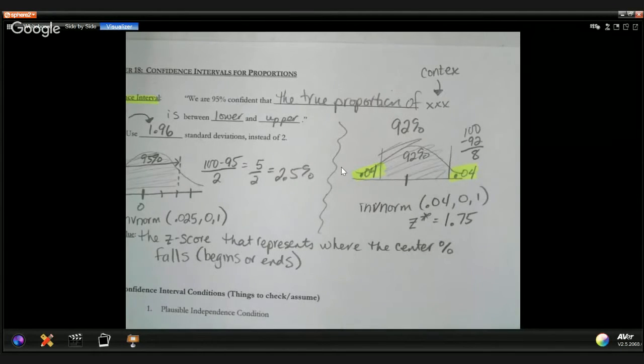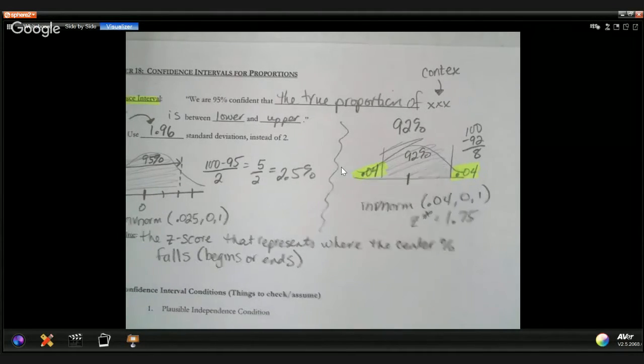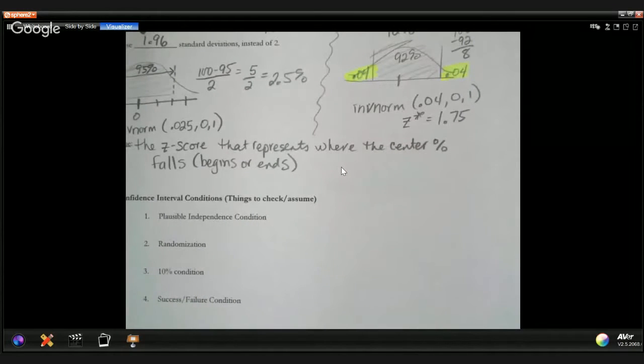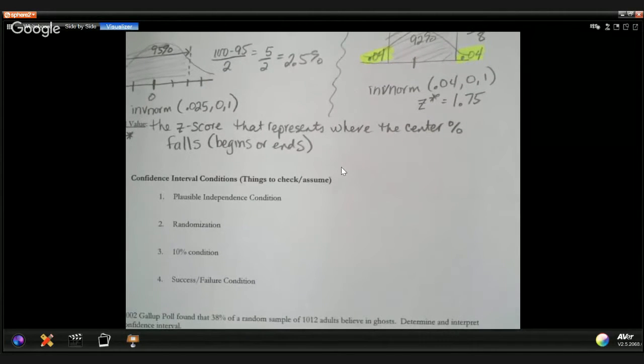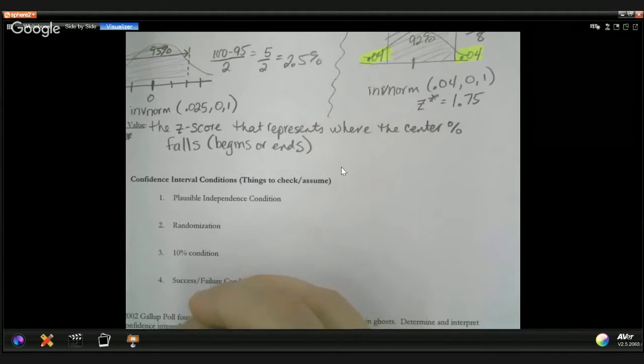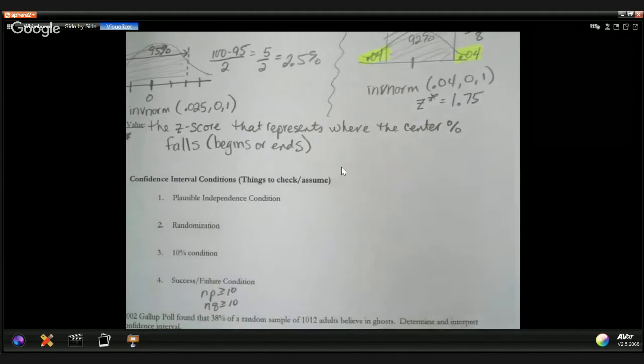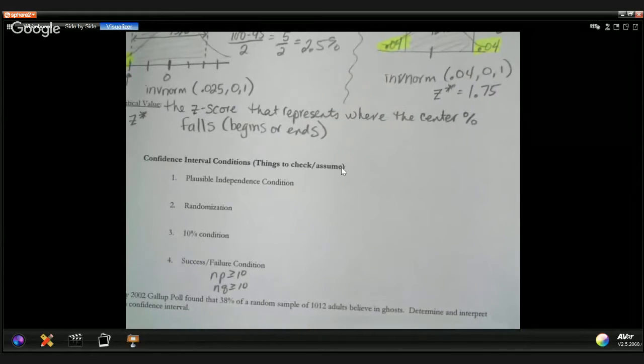All right, so these are the things that you need to check. We know what a lot of them are. We know what the plausible independence is. That's just saying that there's a good chance it should be independent. Is it random? Is it less than 10%? And do you have enough successes and failures? And remember, that's NP is greater than or equal to 10 and NQ is greater than or equal to 10. Okay? All right. So now what we're going to do is